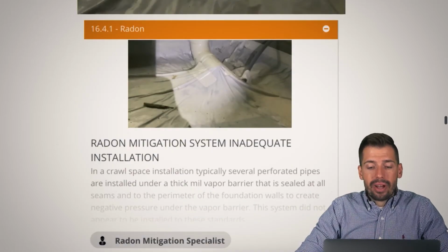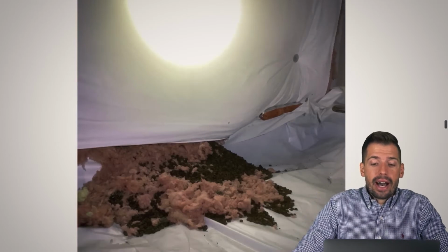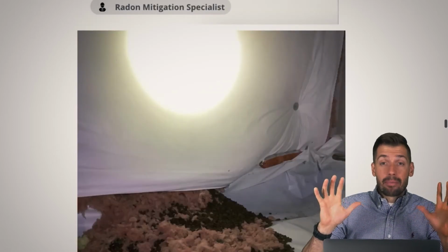Moving on, this was amazing. So this is dog food. Don't freak out. This is dog food. So dog food and insulation. So in this garage, there was a small hole behind the refrigerator. And whenever you go into the crawl space, there's this wall that is just filled with basically an entire bag